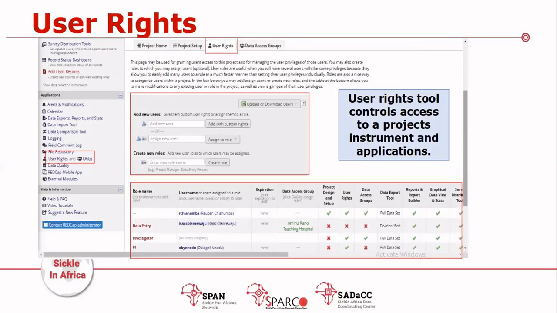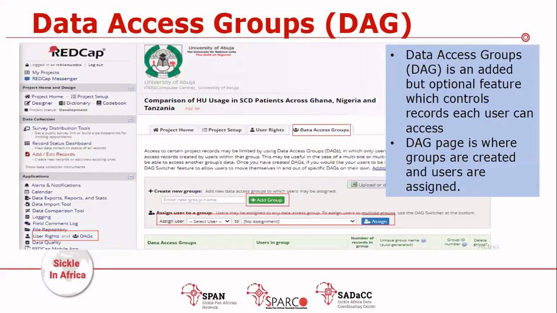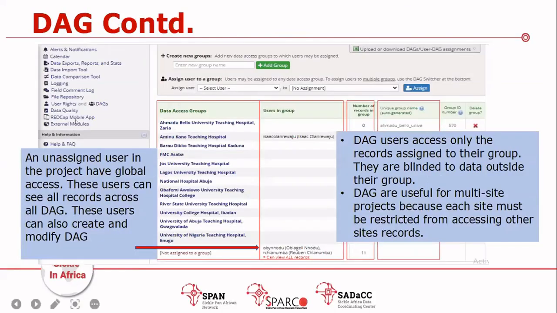While Anemi was talking, she talked about user rights. This interface is showing us where we create roles and assign roles to people. Already I've created roles for Isaac and the PI, Professor Nodu, on this project I'll be illustrating. And then I've also gone ahead to create data access groups, just like she mentioned, showing several sites. So on this page, at the data access group, we have Ahmadu Bello University Teaching Hospitals, Aminu Kano Teaching Hospital, and some other hospitals listed. I made sure that I didn't include all the 25, but we can have as much as we want on